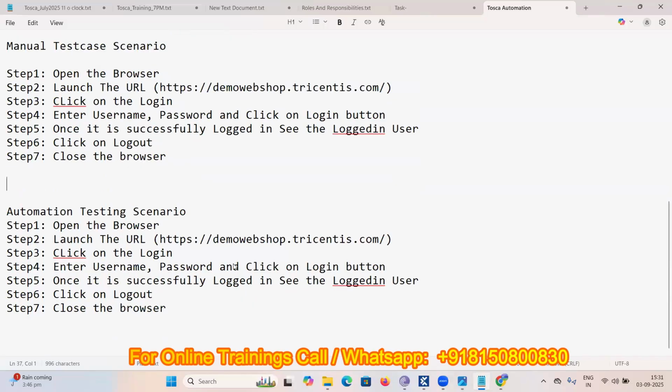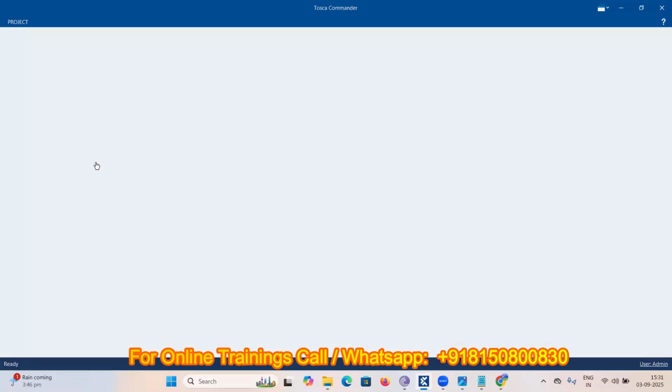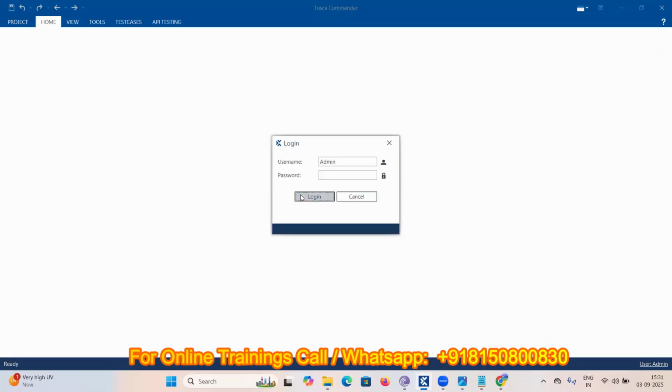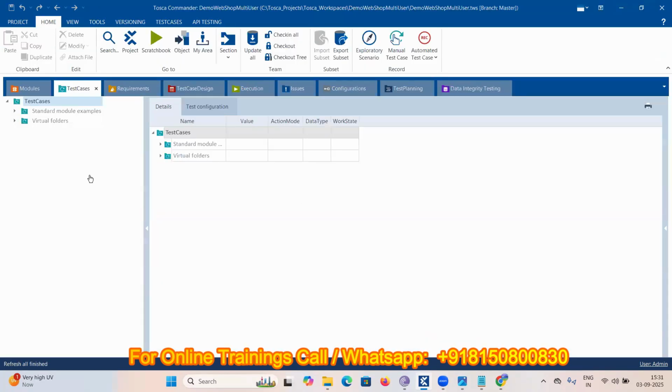Now first, let me quickly open the Tosca. Open any project. I'm taking this demo workshop in multi-user workspace. Let me take this demo workshop multi-user for our reference. Click on login. Once it is logged in,